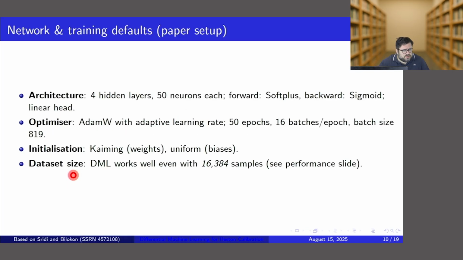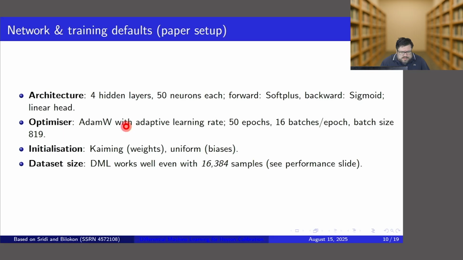Okay, so network and training defaults. These are the defaults that worked well in our experiments and are a sensible starting point for production trials. We have 4 hidden layers, 50 neurons each. We have forward activations softplus, backward sigmoid for the twin structure, and the head is linear, predicting the normalized forward price. The optimizer is AdamW with adaptive learning rate. An adaptive learning rate schedule is usually a good choice. The decoupled weight decay in AdamW acts as a clean L2